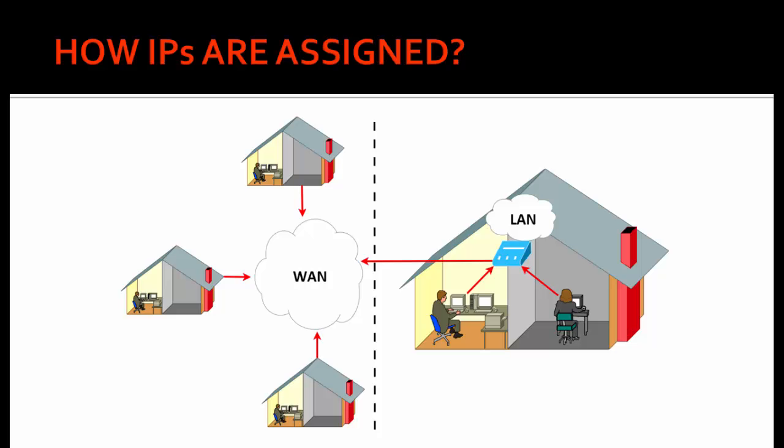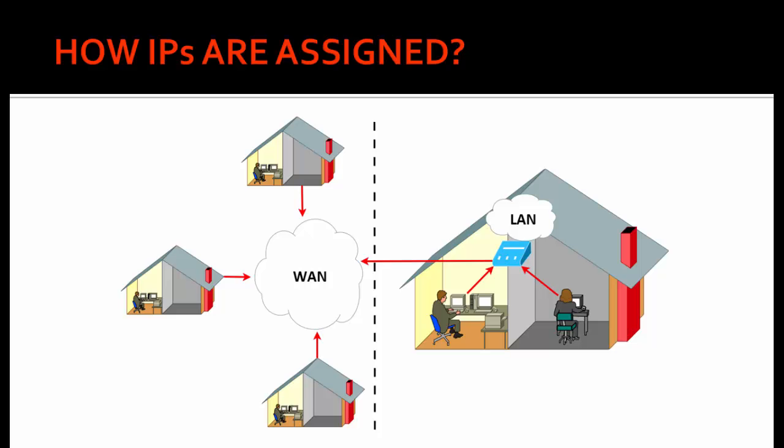So this is like a simple diagram. We have already discussed all these things. So how are IPs assigned? Your WAN, nothing but wide area network, is once again nothing but your internet service provider. The internet service provider will have a very big router. That router can give thousands of connections to multiple houses. And this ISP router will, let's take in this case, assign 4 IP addresses to all these houses.